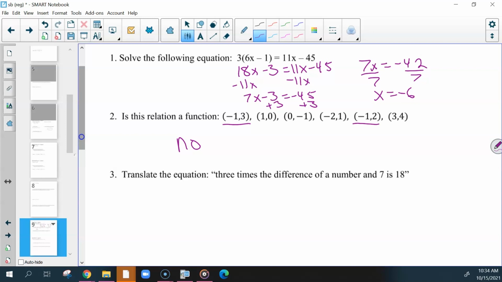Can you explain that one more time? So if you have the same x going to different y values, it's not a function. Oh, okay. You can have y's going to, or let me rephrase that. You can have multiple y's with different x's, but you cannot have the same x going to different y's. It's like,